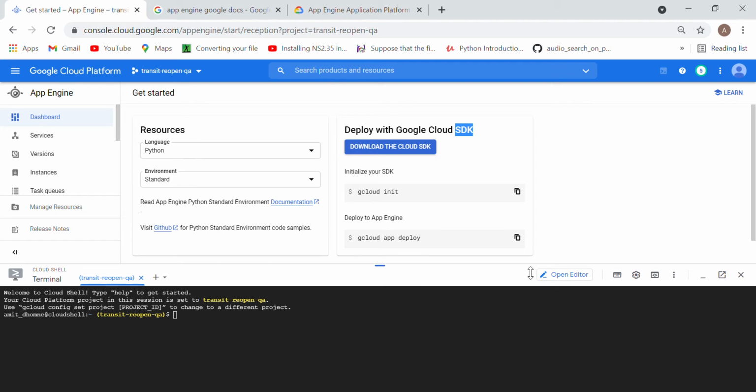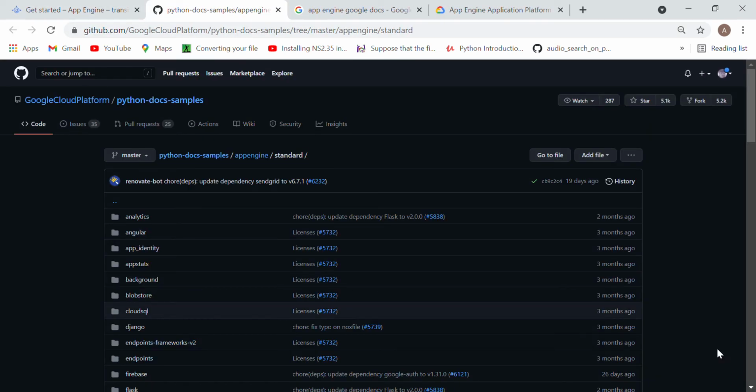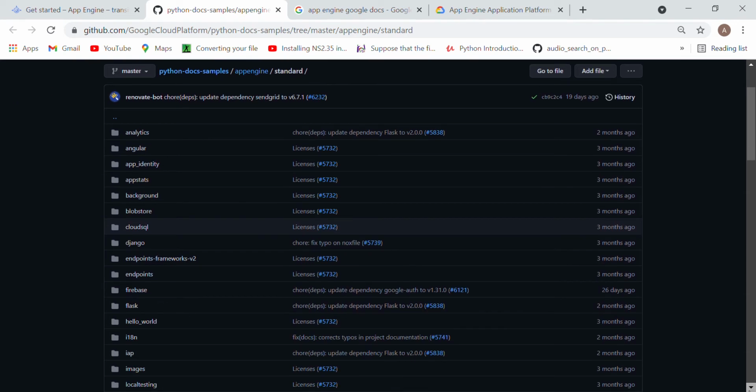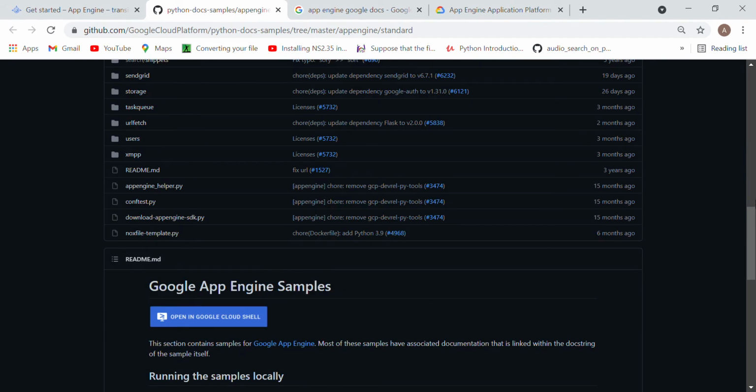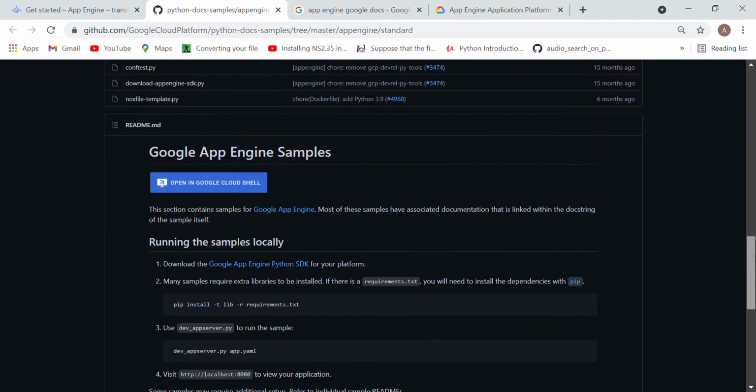I repeat once again, what do you mean by this App Engine? App Engine will provide you the facility to create an application, and that is also a scalable application, so that you can scale the configuration. If you want to see some example of the code, you can just click on this link and you see several options you are getting here, right? These are the several folders where you can see any of these programming examples.